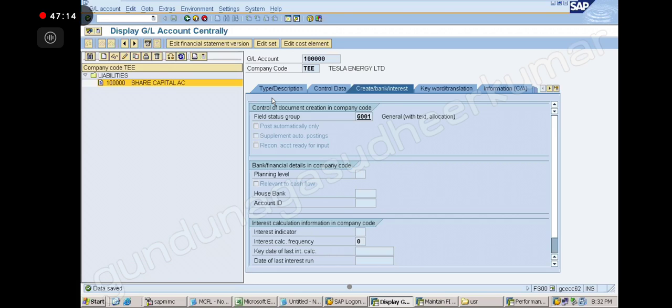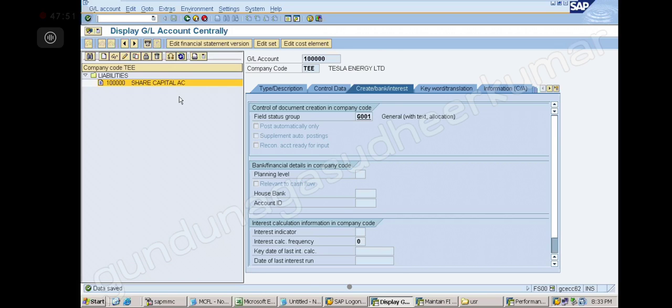Is it clear? Yes, sir. For me, it has not shown any error because obviously I will not do any mistake. But for you, there may be many errors. You cannot force the system to create. So what you have to do is understand the error, where you have done the mistake. Go to that step and do that step correctly. If required, take the support of the lab faculty, and then try to create the GL account. Is it clear? Yes, sir. Can you make a small mistake so we can clearly see how it works? Yeah, we will see.